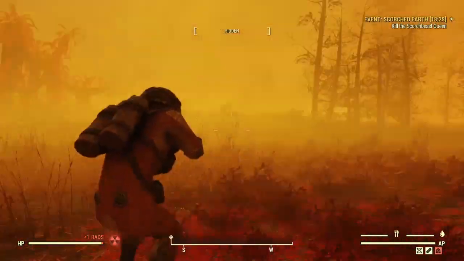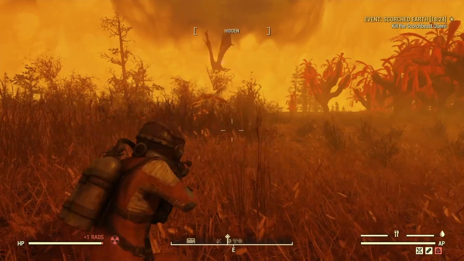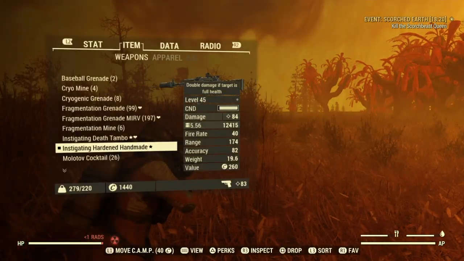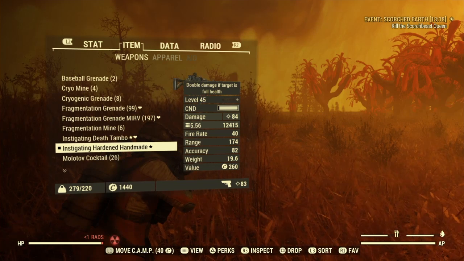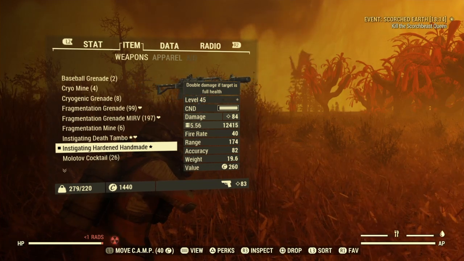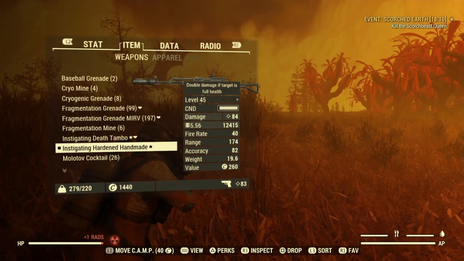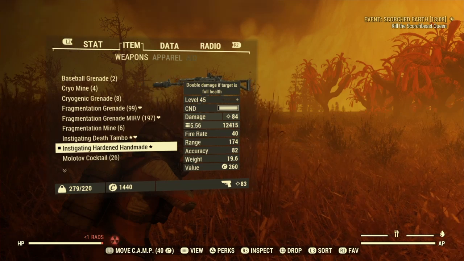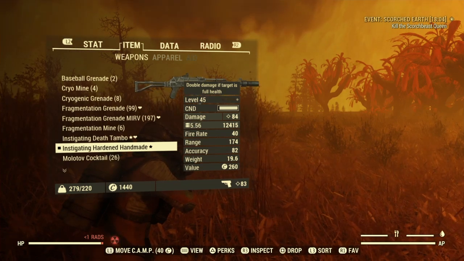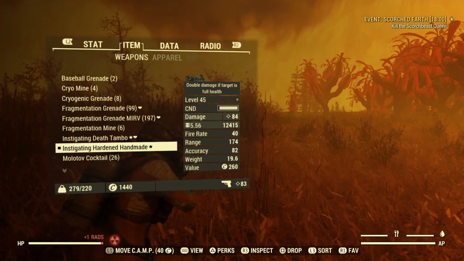Main difference, obviously, as you can see from my bloodied build that I'm using outside of nuke zones, is the fact that I am using my instigating hardened handmade instead, which basically just doubles the damage on the first shot against most enemies. If they are at full health, that is. So this effectively just gives us all the sneak multipliers on top of 168 damage